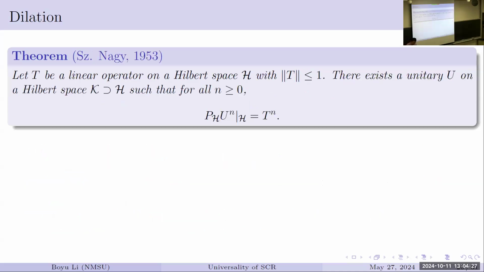So that goes to another idea, a very classical idea called Sz.-Nagy dilation. It's extremely useful in operator theory. And it says the following. If you have a linear operator, or just a matrix, with operator norm less than or equal to 1, then you can find another unitary which satisfies this nicer property. You take the powers of U, and when you project back to the H-to-H corner, so you feed in an H factor and project it back to H, you get your T^n back.